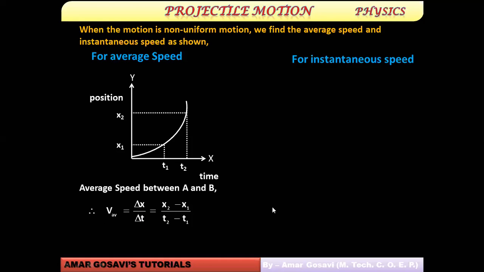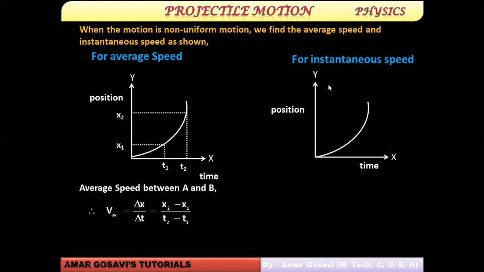Remember this. When it comes to instantaneous value, how do you work out the instantaneous value? Again, the same graph we are talking about. You can see the second diagram also. You are actually working on the same graph, but you will be working it out differently. Okay, instantaneous speed. What does that mean? At a given instant. Say for example, in 2 hours motion, if I wanted to know what was the speed after 1 hour and 10 minutes, then I'm finding out the speed at that instant after 1 hour 10 minutes. Because after 1 hour and 11 minutes, the speed would be different.